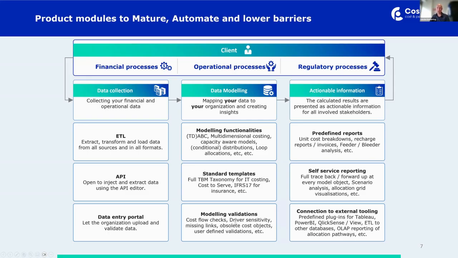Missing links, obsolete cost objects, all these things are standard in our model validation part of the tooling. And of course, last but not least, to get to actual information, predefined reports, some self-service reporting. This is where we're currently going to build some AI functionality, and that AI functionality should help you identify spikes, identify differences between different periods, and give you the right visualization for the type of data.